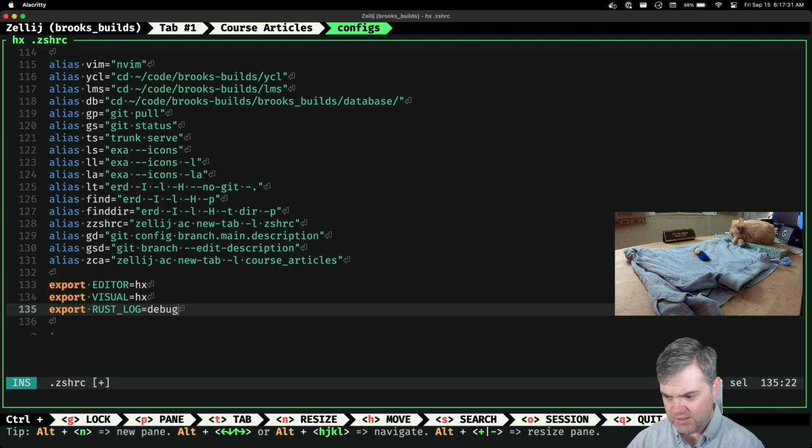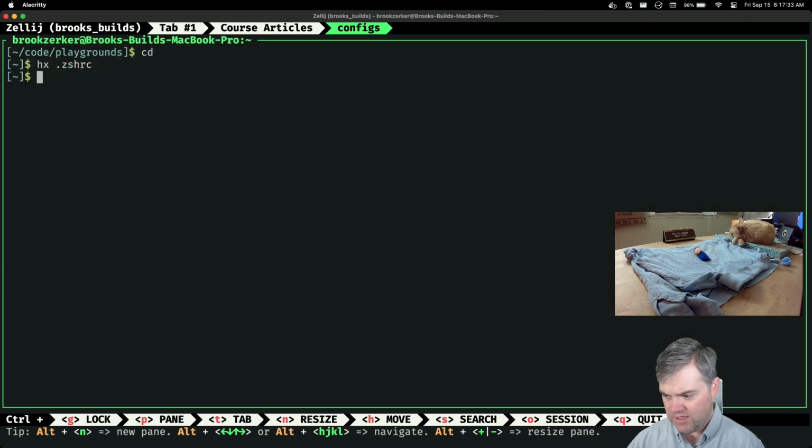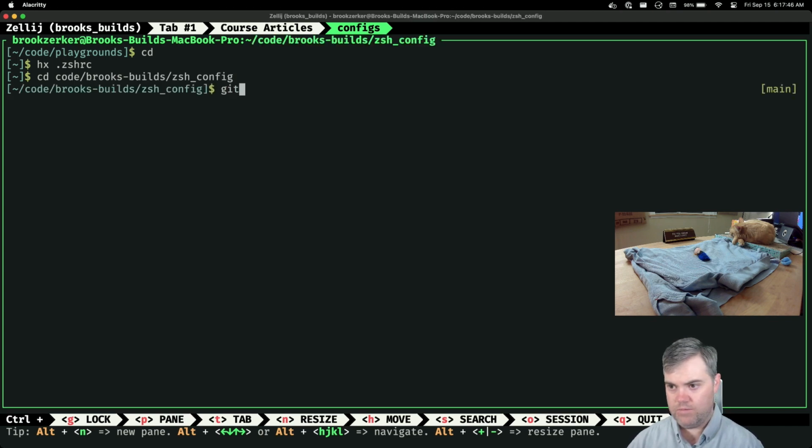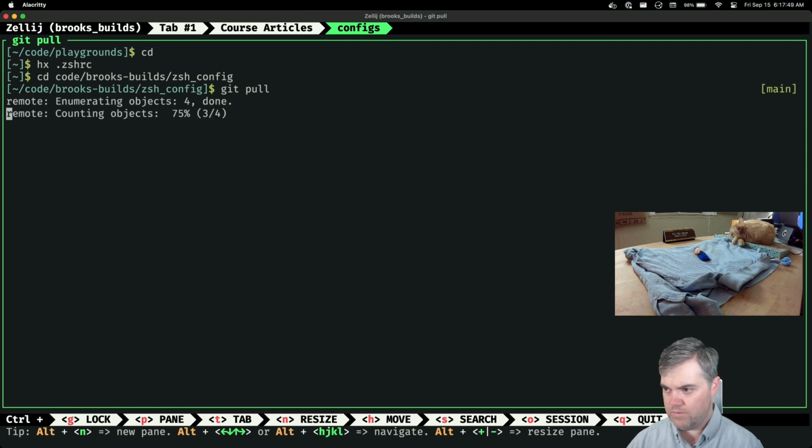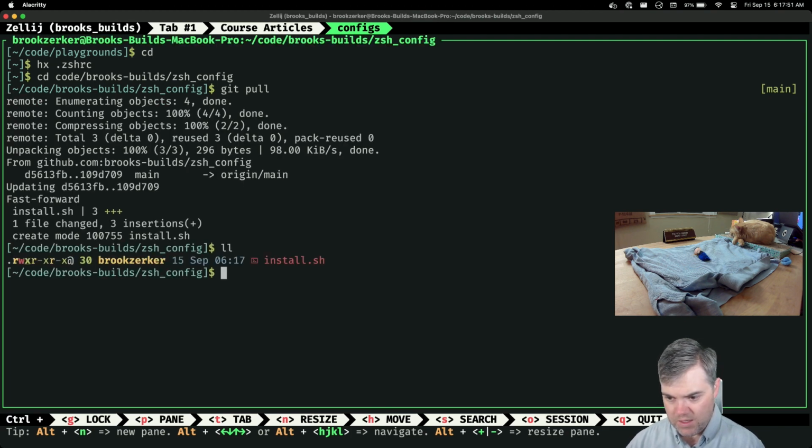Log equals debug. I think that's what it is. So I'll update you. Okay, so I have an install, but that installs from the other direction around. And I don't necessarily feel like trying to be clever and creating a bunch of different shell scripts. Let's just create a different one.